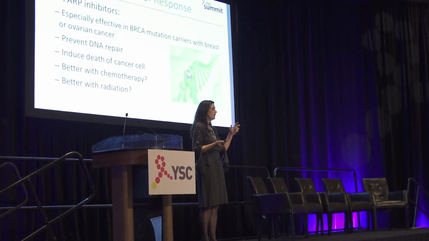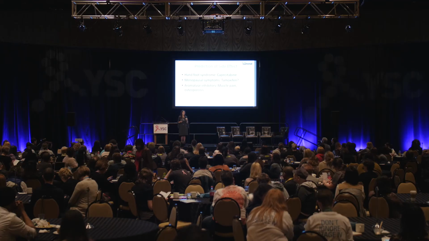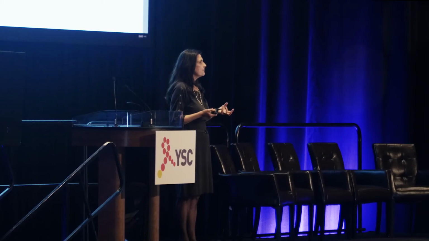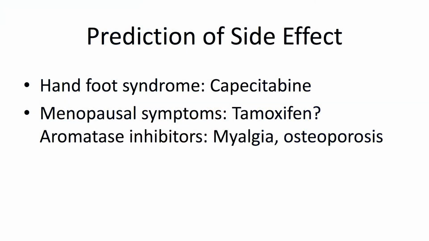And the approval, I think, for breast cancer will be forthcoming as well. And these drugs have minimum side effects. And now talking about side effects, our genetic profile can also help us identify whether we will be experiencing side effects from given drugs. For example, the hand-foot syndrome, scaling and pain and burning in the hands from capecitabine, menopausal symptoms, muscle aches and pains from tamoxifen or aromatase inhibitors, or maybe osteoporosis,